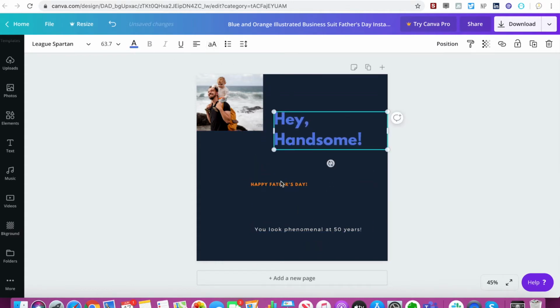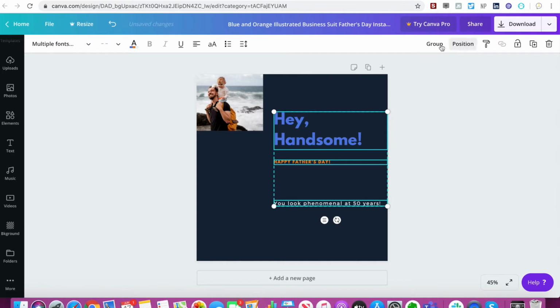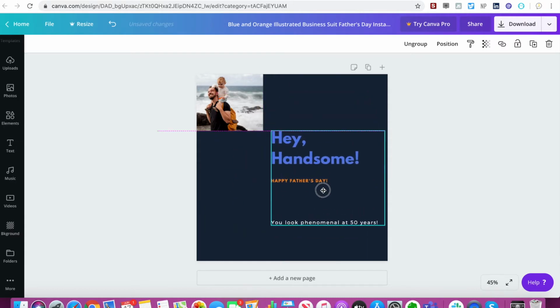But say if I was like, oh, I want it to be aligned like this, I want more of that kind of gap, and then yeah, I want this to be aligned together. Obviously you can go back, highlight it, and then hit group, and then there you go. You can now move this whole element to wherever you like. You have got the option to use